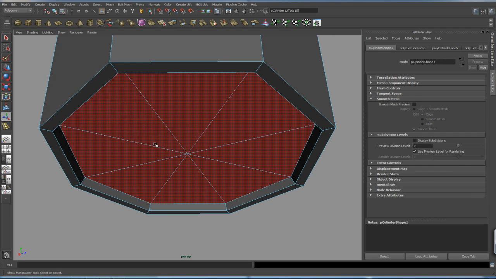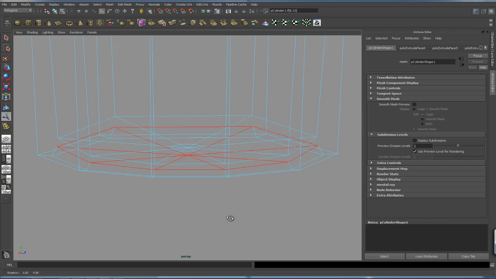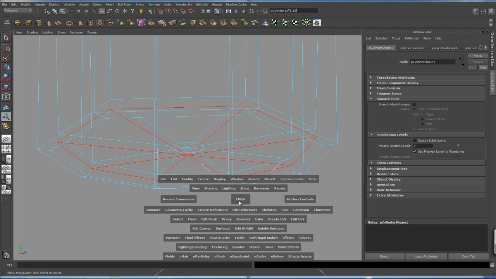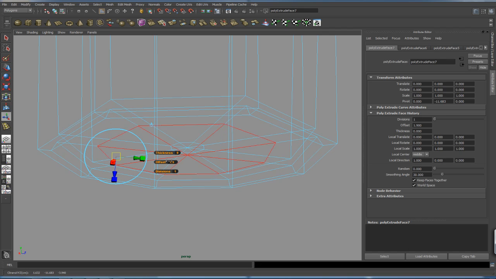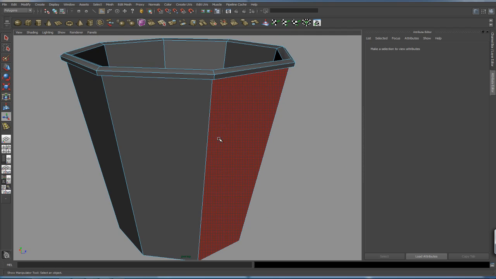Really, the reason I'm doing this is so that those triangles don't cause any kind of render artifacts when I enable subdivision surfaces. That's pretty much my motivation here. Again, recent commands, poly extrude, and offset those in so those triangles are nice and small. And that'll be just enough to get the job done. I'll then